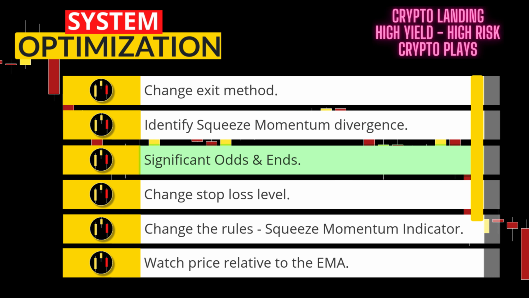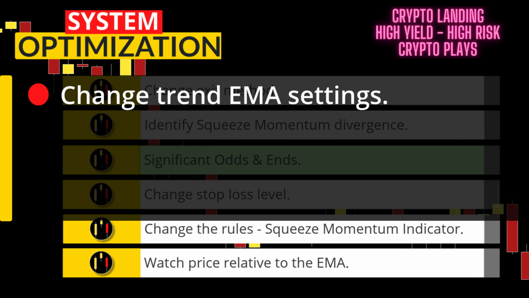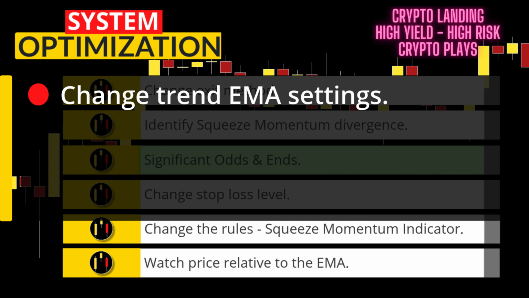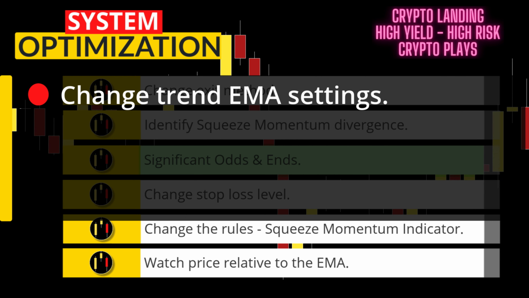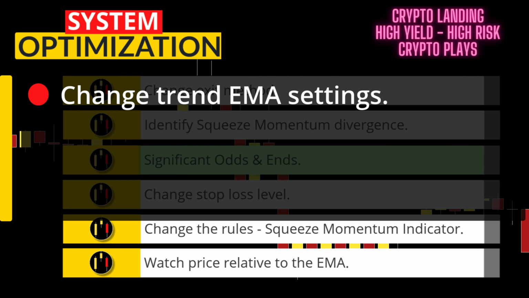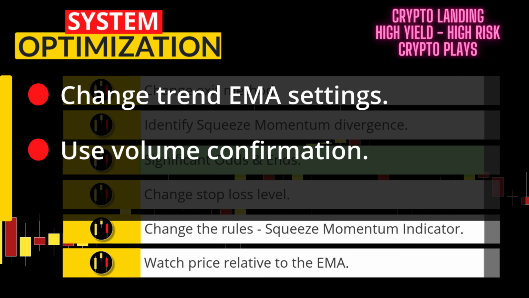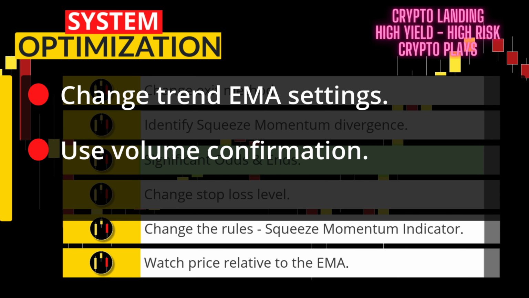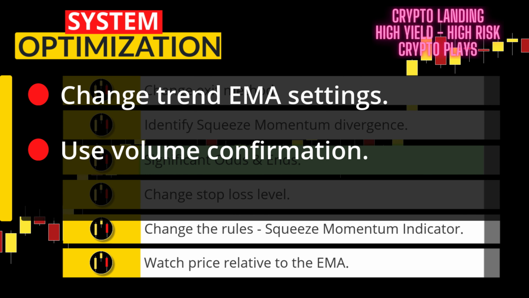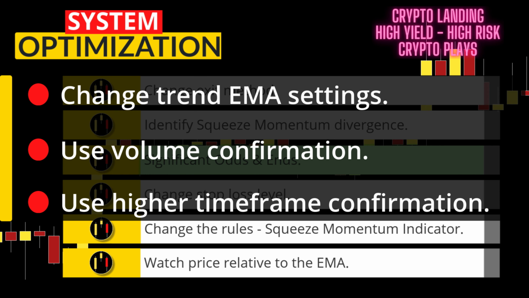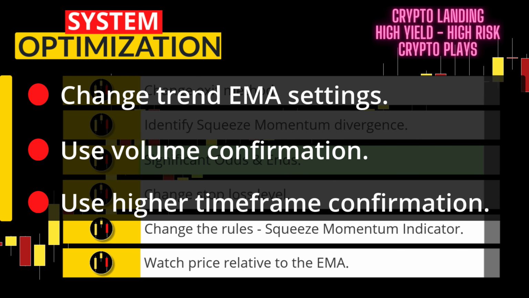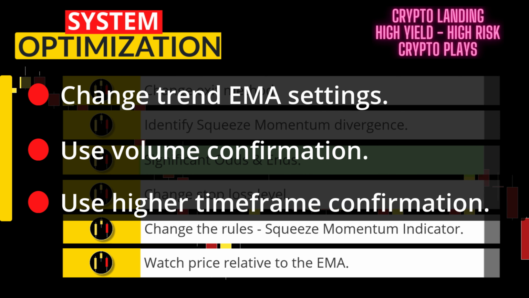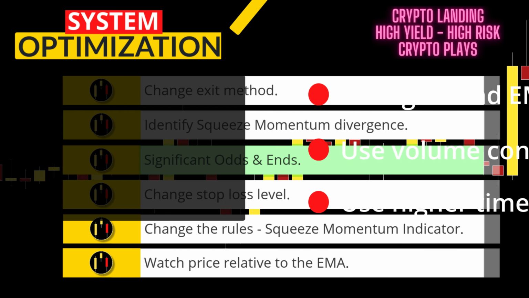Third, additional changes can be made to better match market conditions, such as modifying the main trend EMA. For example, you can change the 100 to a 200 EMA. Additionally, you can add volume confirmation as a filter, making sure to get in when there is an increase in volume confirming the trend continuation. Furthermore, like most trading systems, using a method to get in with the higher time frame is usually very beneficial to the health of your trading account.